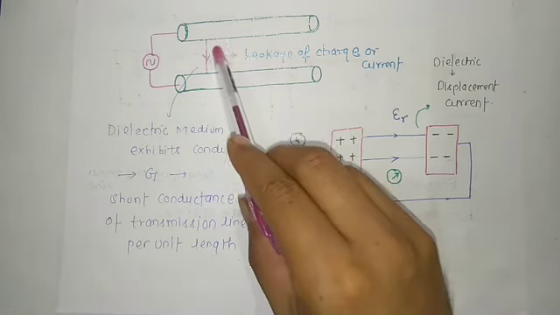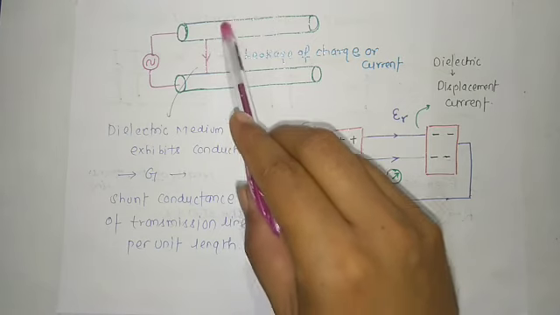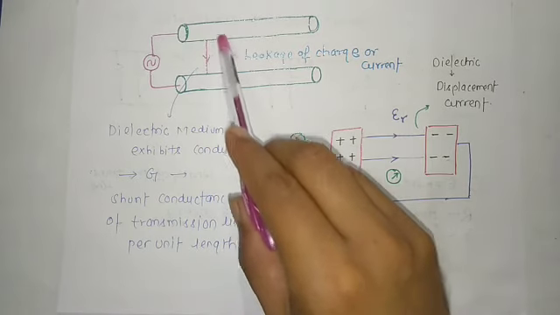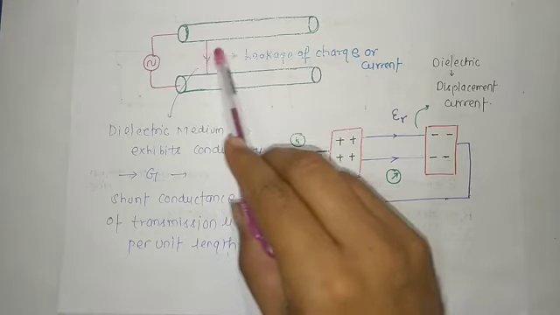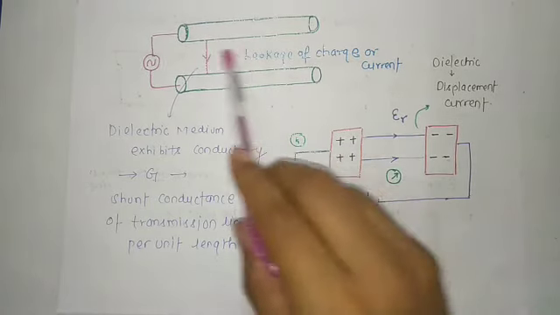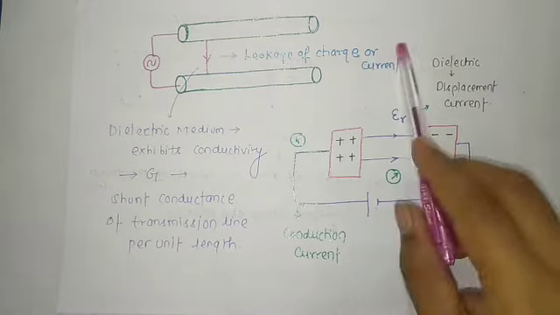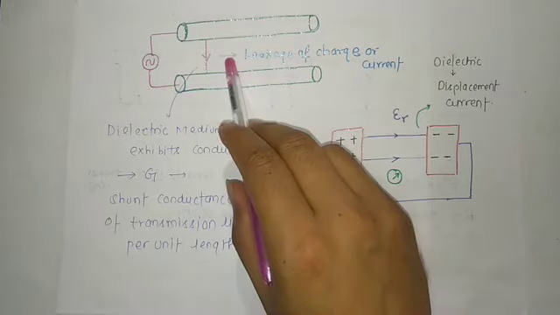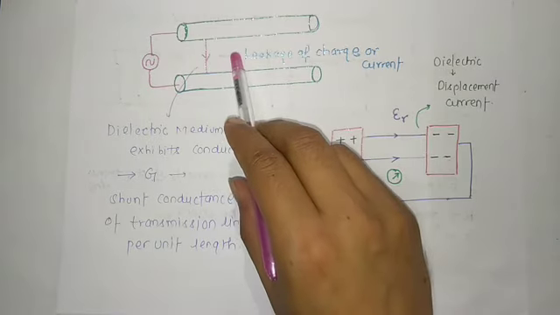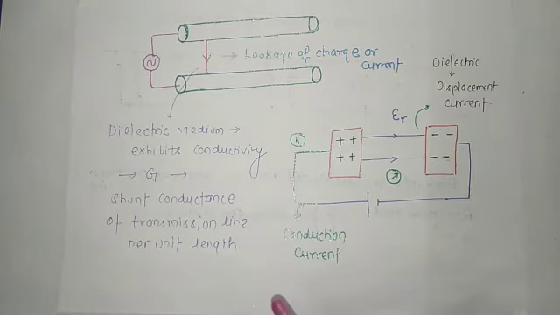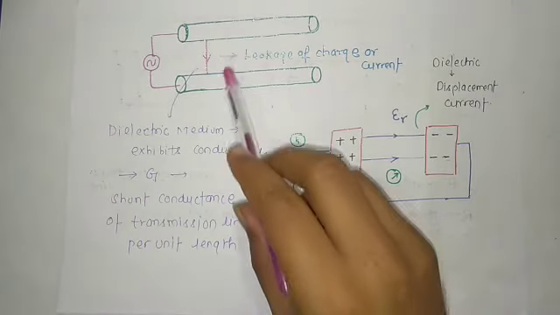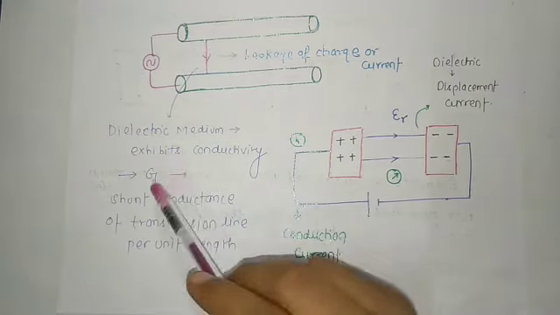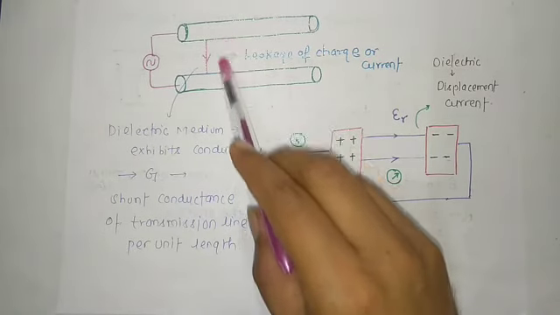Can you say there is another current in the transmission line which flows from one conductor to another conductor? This current is nothing but a leakage current, or I should say a displacement current. It is possible whenever your dielectric shows some conductive property. Conductive property means it is related with conductance. So this conductance will exist in the shunt form.